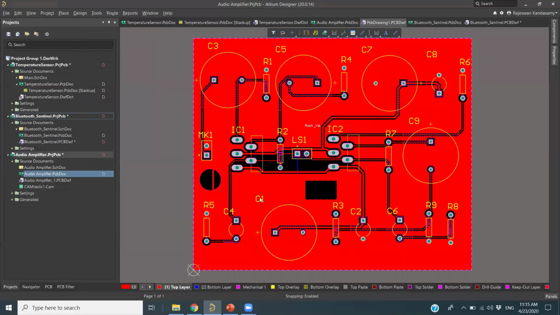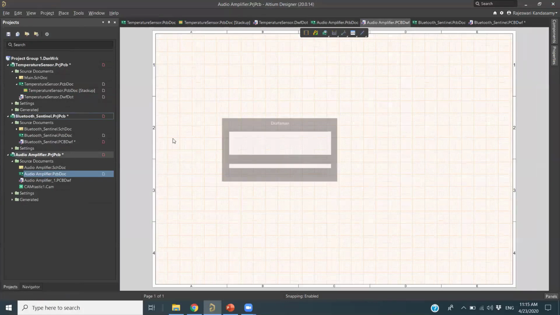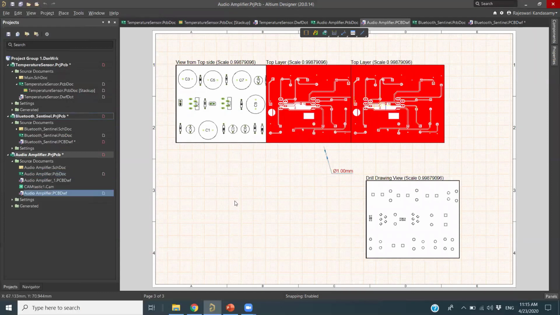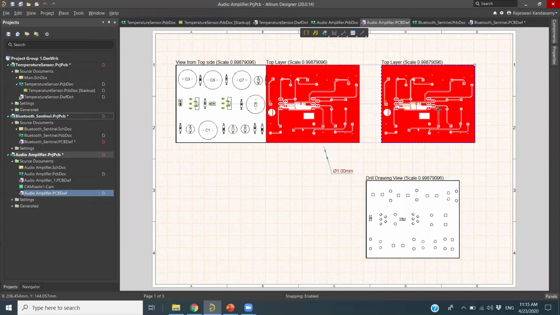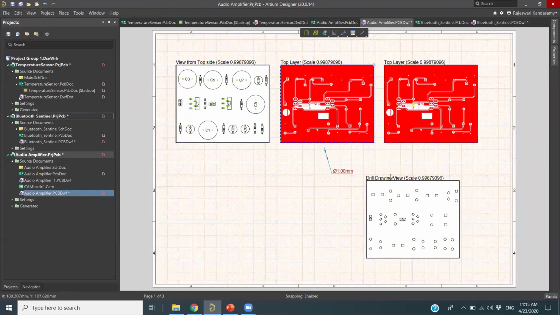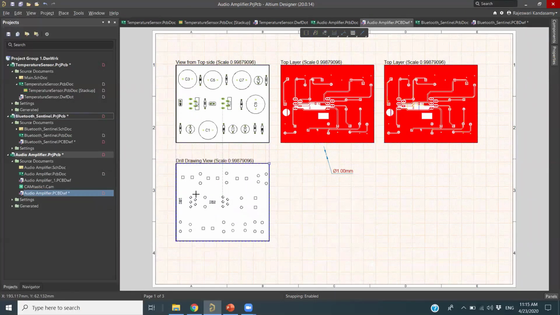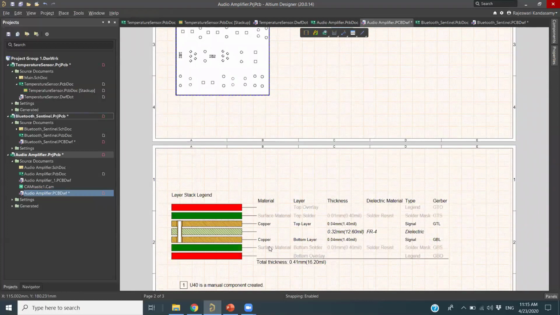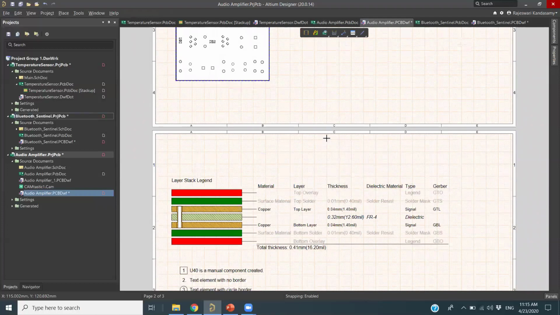You see when I click OK, following that template, it will generate all the outputs based on it. Now you can just align them, adjust them how you want. You can place everything. You can see here below all the details of your board. This is for your audio amplifier, but following the template of your temperature sensor.